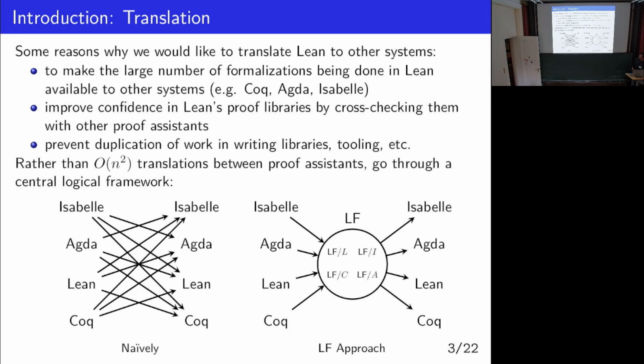So the idea with the logical framework of Dedukti is basically, rather than taking the naive approach of doing a pairwise translation between each proof assistant, we ideally would like to go through a central center point, which can take the form of a logical framework. And in this logical framework, we can represent different theories, and we can hopefully economize more efficiently the similarities between the translations of these theories within the logical framework. And yeah, so we translate through this central logical framework.